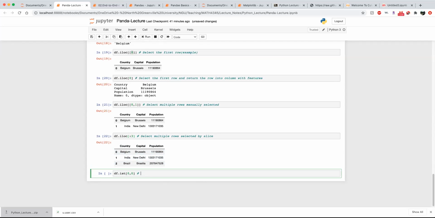So now iat. That's another way to call 0 comma 0, row index 0, and then column index 0. Okay, so this is